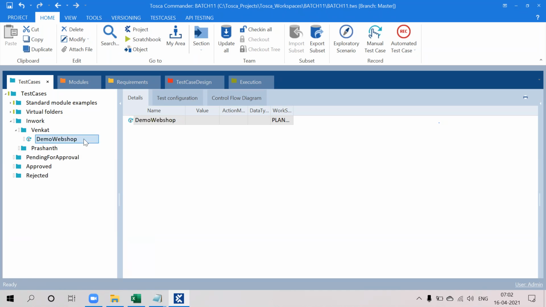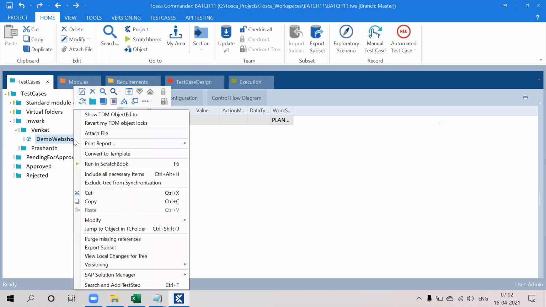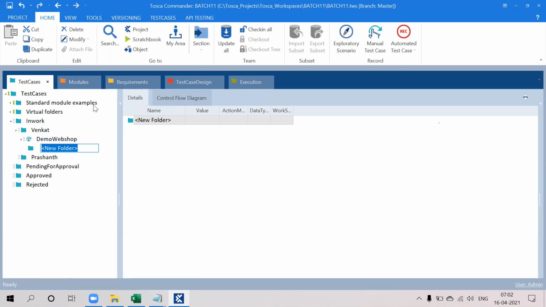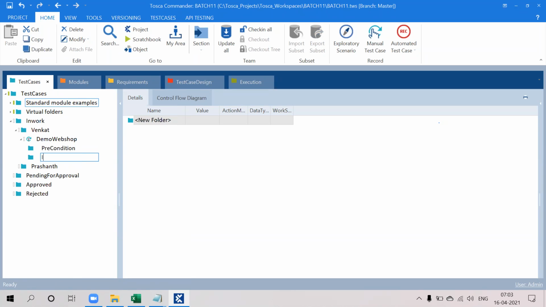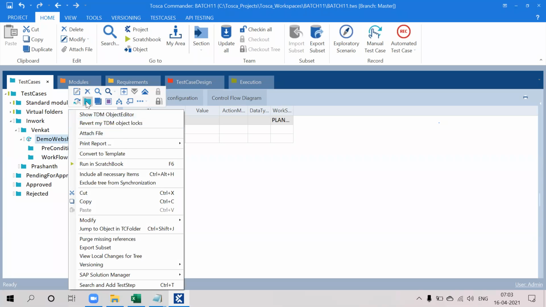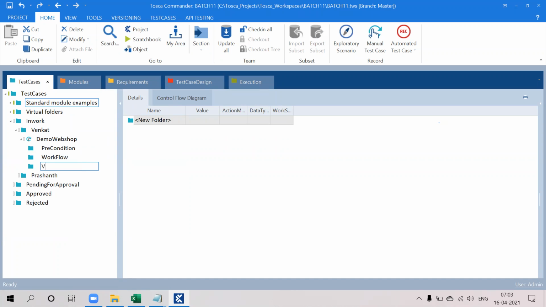So likewise, under this test case you can create some folders: precondition, and in workflow, under that you have the validations.